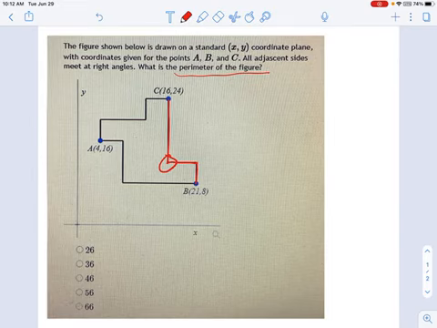And so that's just a mystery x, and I don't know the y location right here. So how am I supposed to figure out what the perimeter of this shape is? It might be a little confusing. And the purpose of this exercise is to get you thinking about things more visually. This is not a formulaic problem. This is very much a visual problem where you try to move things around.